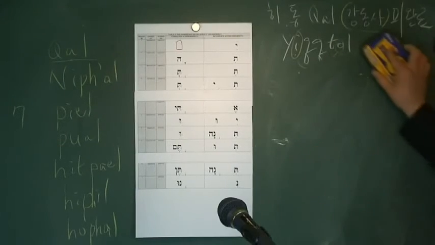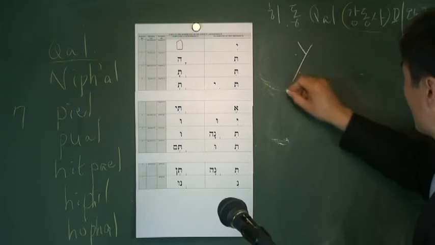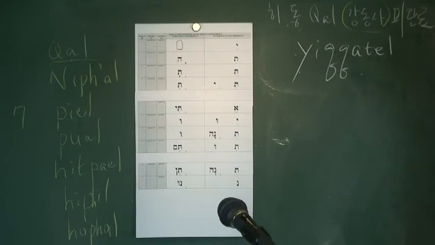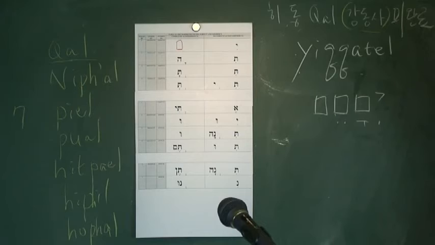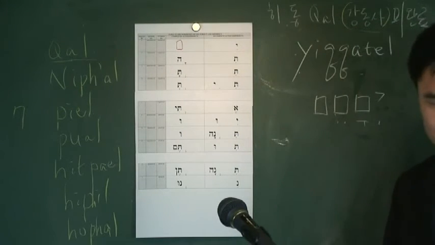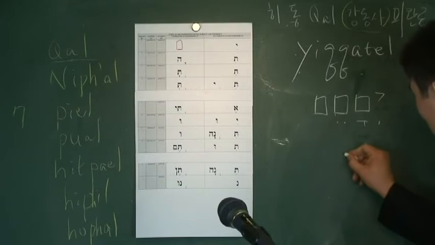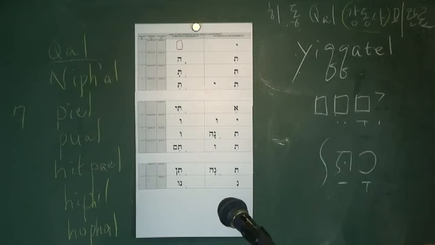Next, let's discuss the imperfect form of Nifal. The imperfect form of Nifal is Yikatel. With it, we can make this model. We made this from the verb Katel, the perfect form of Katel. If we make this into an imperfect form,